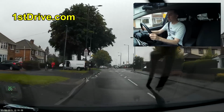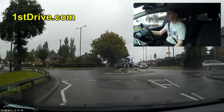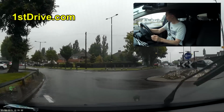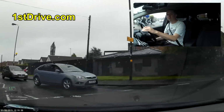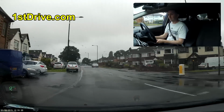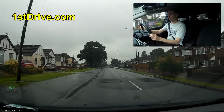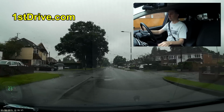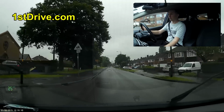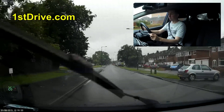The next new part of the test I'm going to show you is about the show me tell me. So I'm just going to get this roundabout done, and then I'll talk about that. So they're now going to ask you to do the show me tell me on the move. So they might say to you now, for example, can you show me how you would demist the rear windscreen? So all I do is go down there, press the button, done. That's quite easy, but the problem is